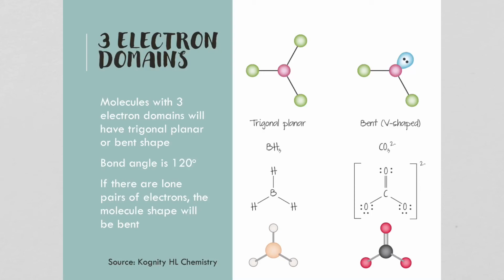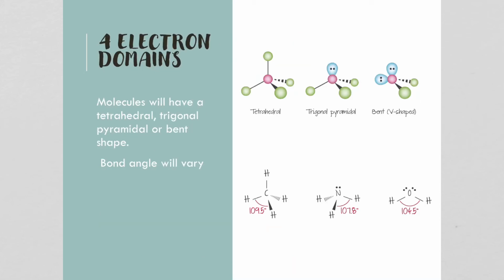For these ones, their bond angle will be 120 degrees. So again, they'll have separated. The way you can figure out bond angle, for the most part, is to take 360 and divide it by how many electron domains. So for linear, it was 180 degrees. For trigonal planar, it's 120. So for 4 electron domains, these molecules will have a tetrahedral, a trigonal pyramidal, or a bent shape, depending on